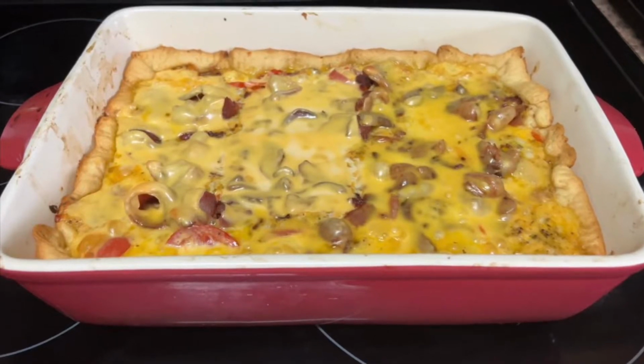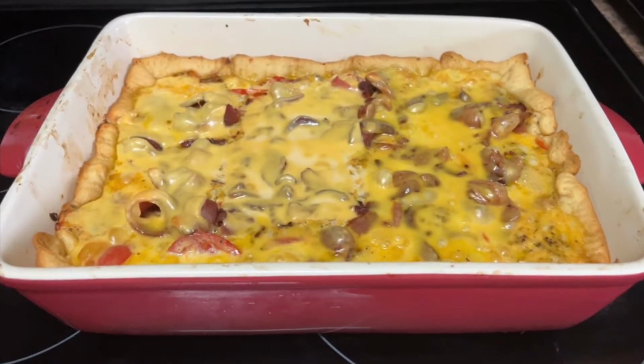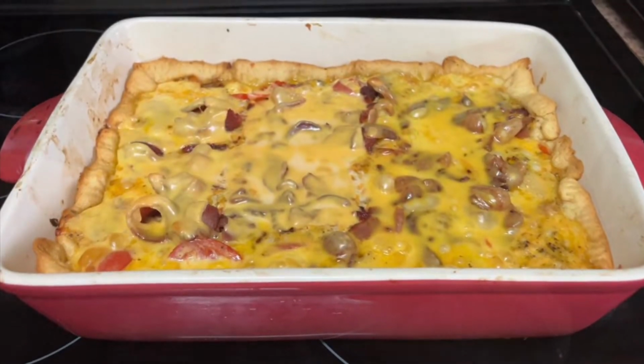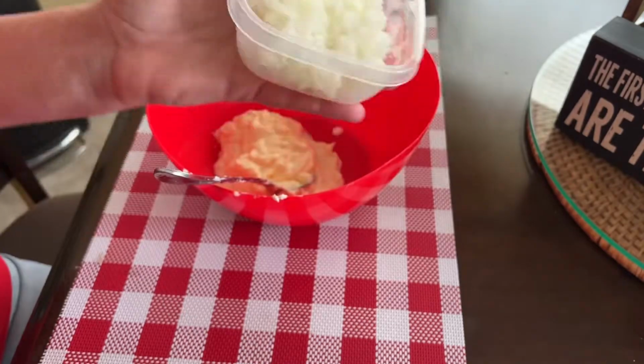Carson and I went to see my little mama this week, and she had voiced to me that she had a lot of tomatoes that she wanted to utilize, and she and I put our heads together and we came up with this casserole. I started out by using about 1 cup of real mayonnaise, 1 diced yellow onion,